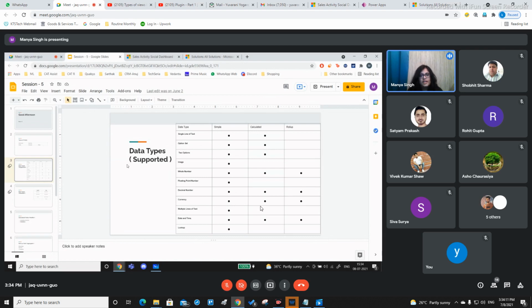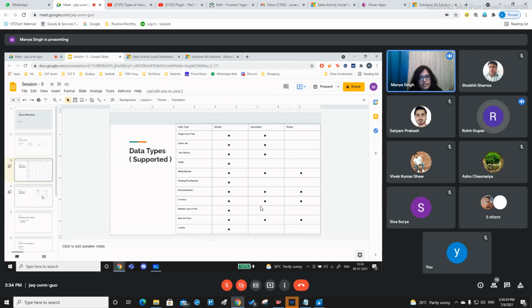Whereas here you have been given the feature where you can make this calculation using the system, much like how you utilize various functions and formulas in your Excel sheets. Similarly, here you are utilizing calculator and roll-up.